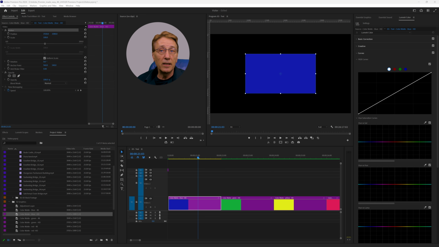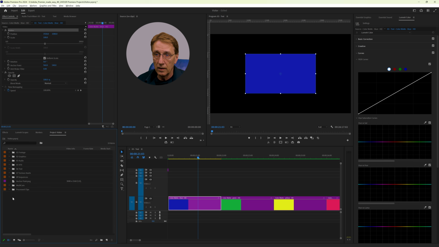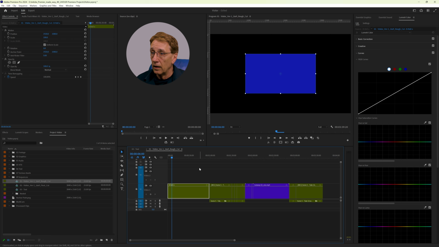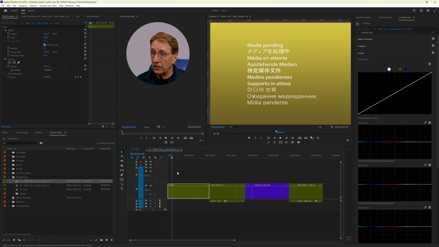With this knowledge, we can now quickly and easily add zoom effects to the B-roll clips and dialog clips. Let's go to our rough cut sequence. Here we have sequences and 01 rough cut. Now we have this B-roll which we nested.